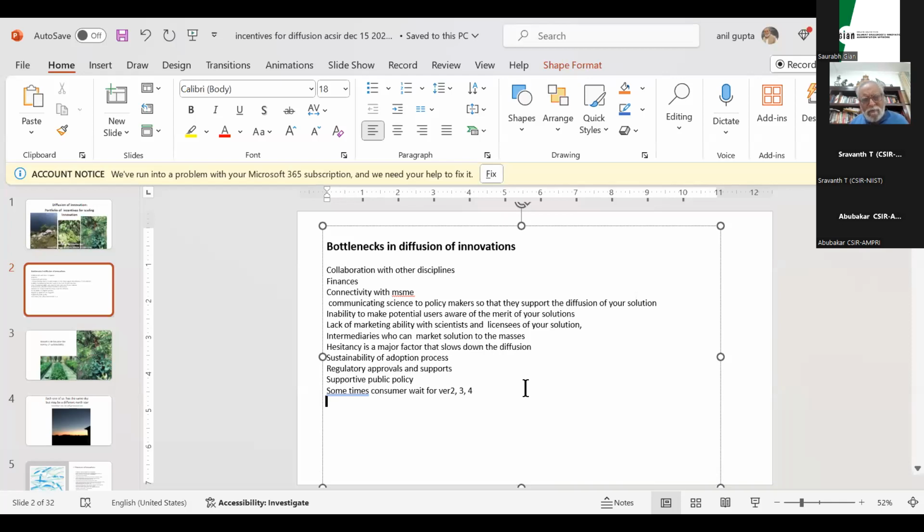Tropiculture was developed by AcSIR. Millions of dollars they spent in developing tropiculture, but nobody used it because tropiculture required very heavy-built Ongole breed bulls. How many people in this country have Ongole breed bulls of that power? So tropiculture never went anywhere. It did not get its use. I'm talking about 25, 30 years ago they developed this, a ridge and furrow tool for making a ridge and furrow system for agriculture. So there are examples where